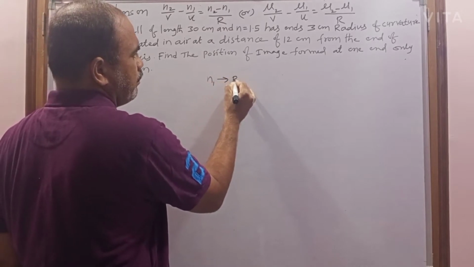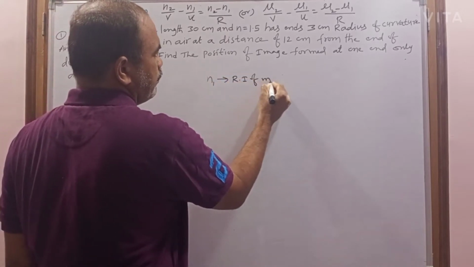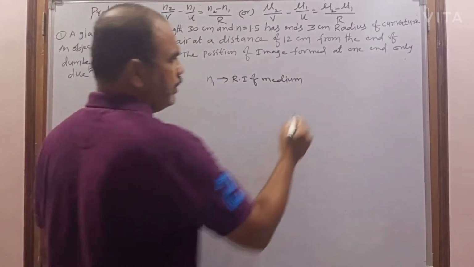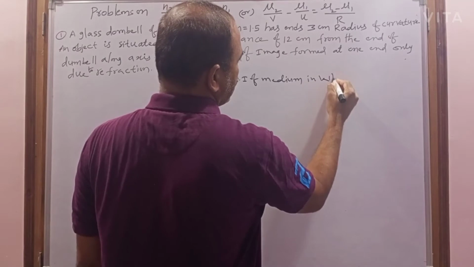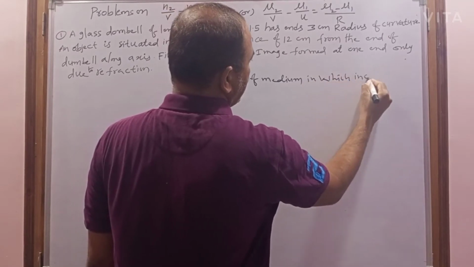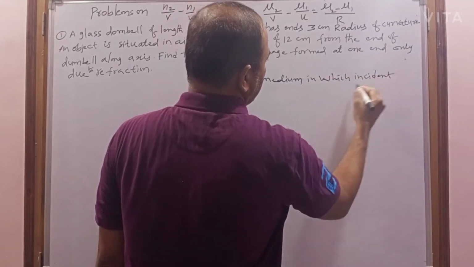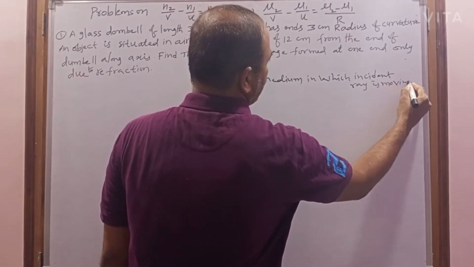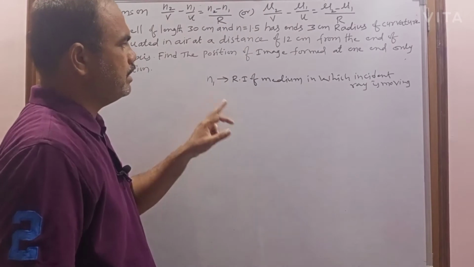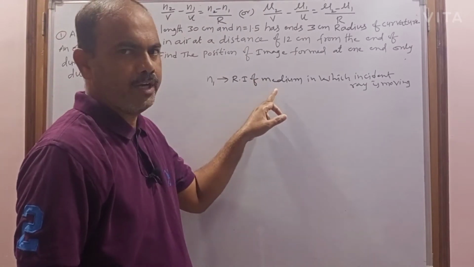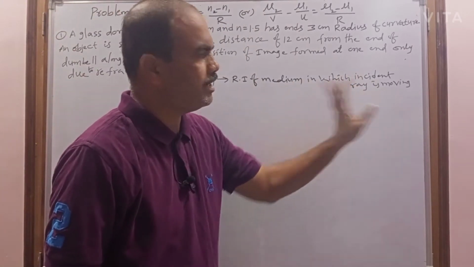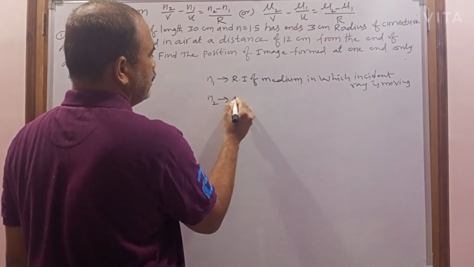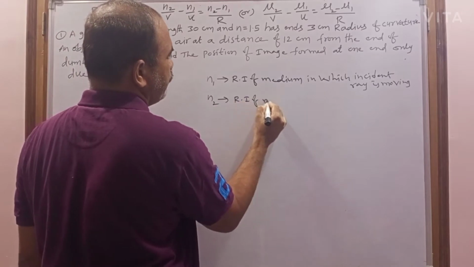n1 is the refractive index of the medium in which the incident ray is moving. You have to remember n1 is nothing but the refractive index of the medium in which the incident ray is moving or traveling, and next, n2 means the refractive index of the medium